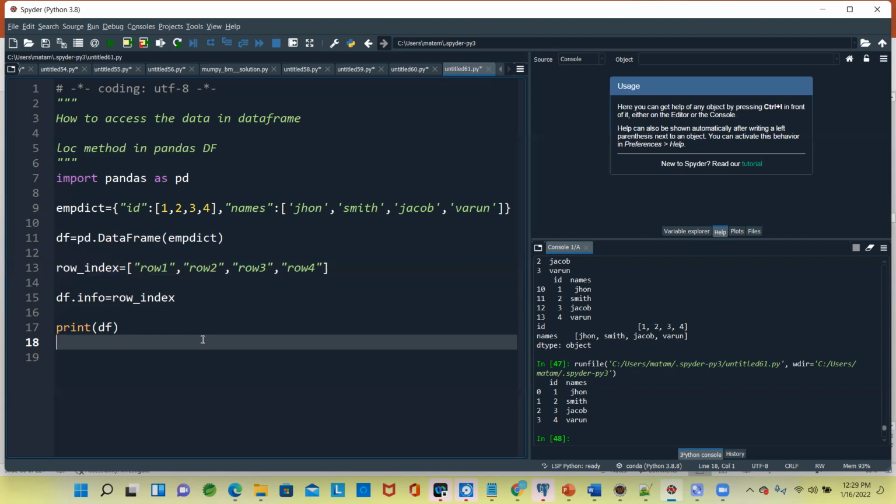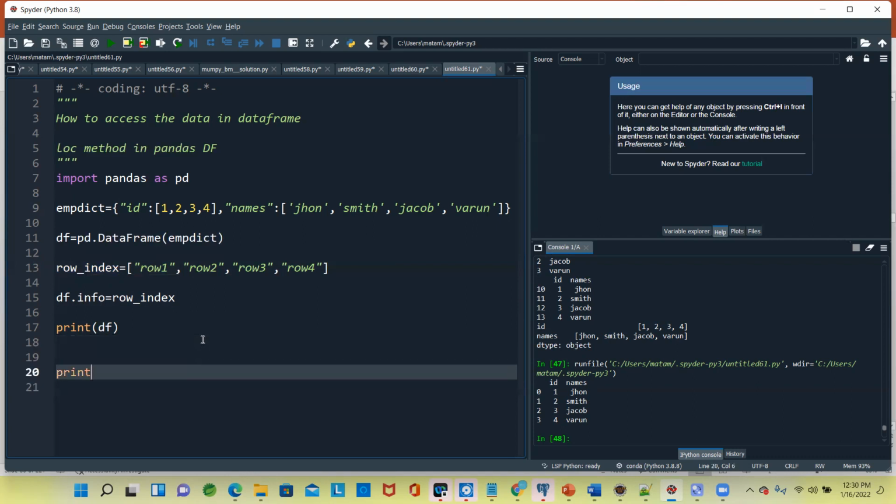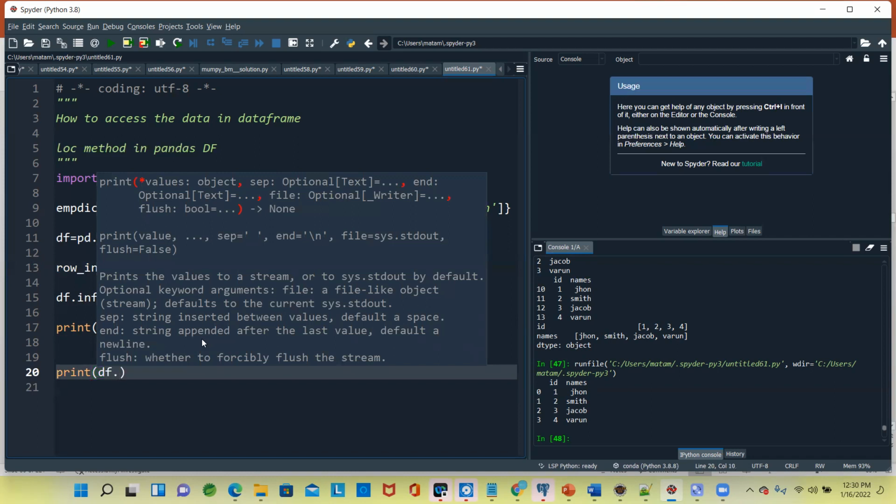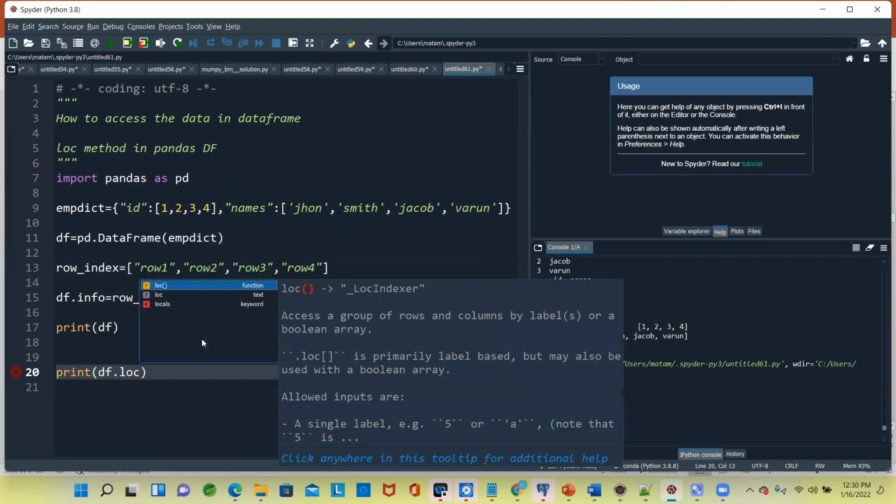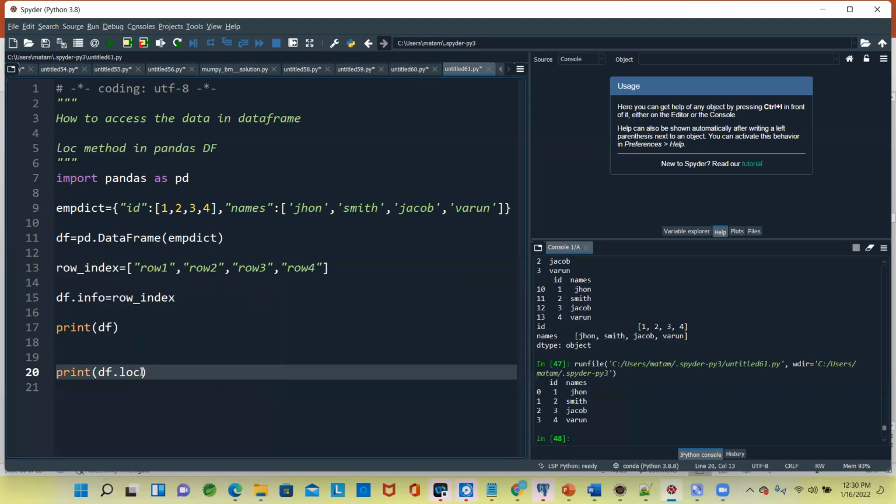So if you understand here, what we are going to see is we want to find out using my data frame. I'll say loc, okay, loc of.